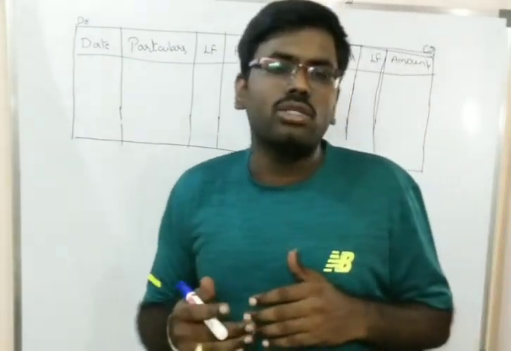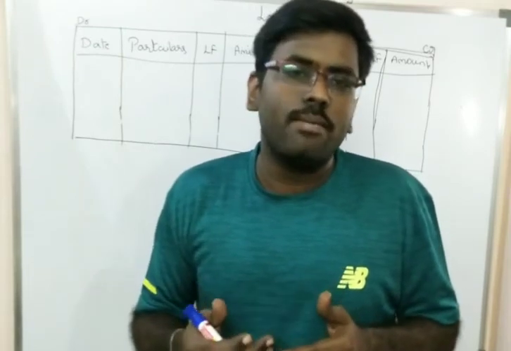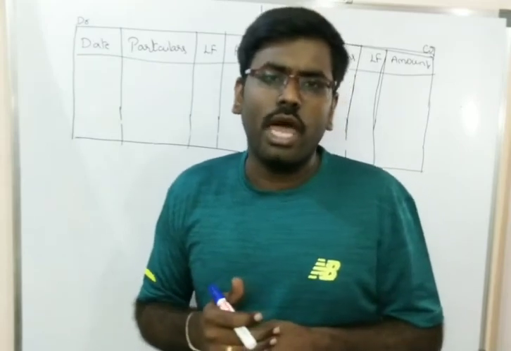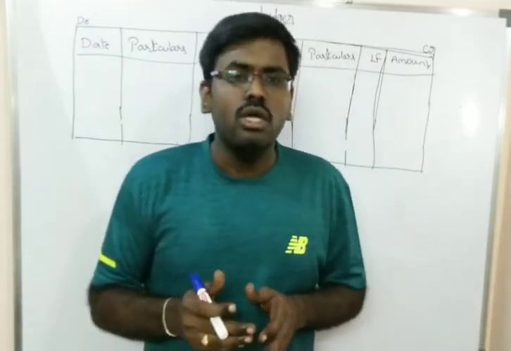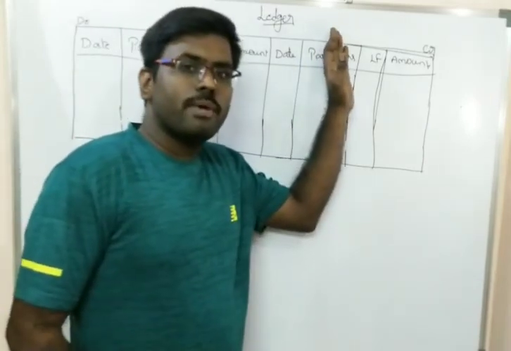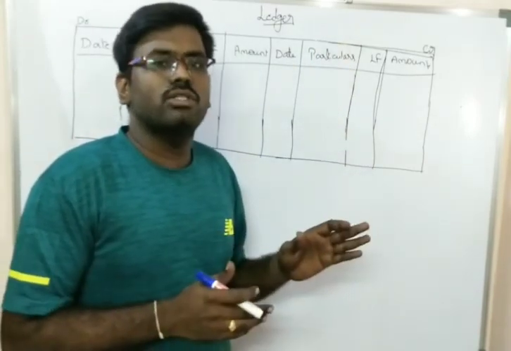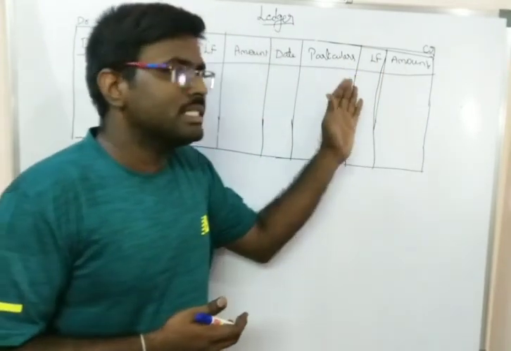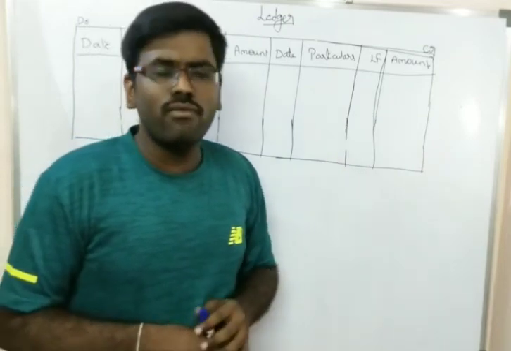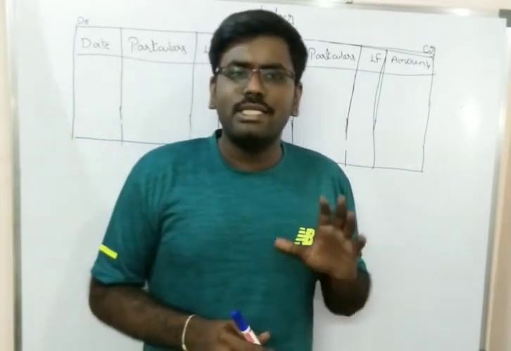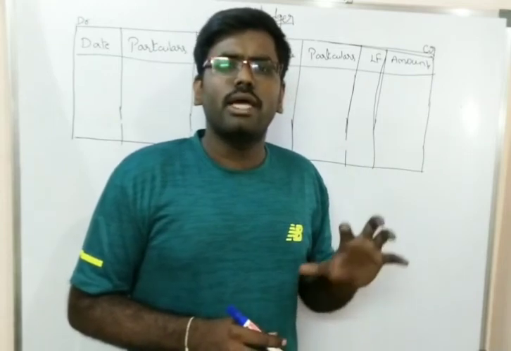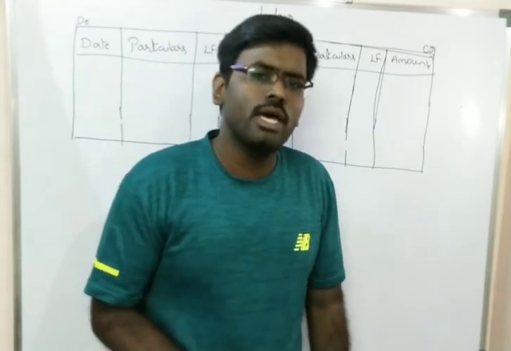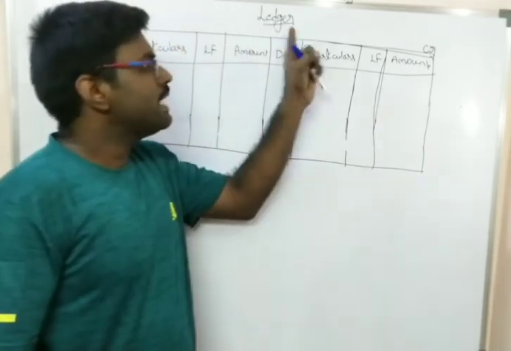Whatever the accounts, different types of accounts, for example in journal entries, we have completed the journal entries. If you are having 12 different types of accounts in the journal entries, then in ledgers you have to prepare 12 different ledger accounts, because we are having 12 different accounts in the journals. So different ledger accounts should be shown in the books of accounts. A ledger is a summary statement related to a particular person or a particular asset, or it may be related to a particular expense. So that is the ledger account.